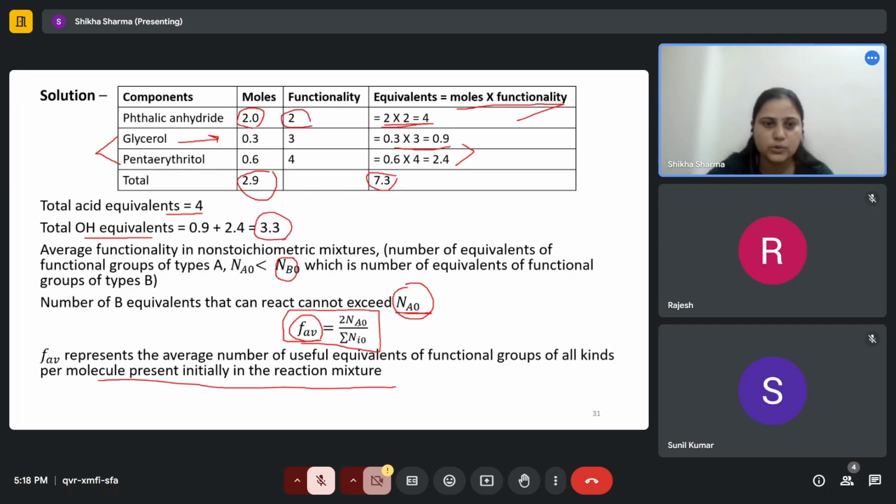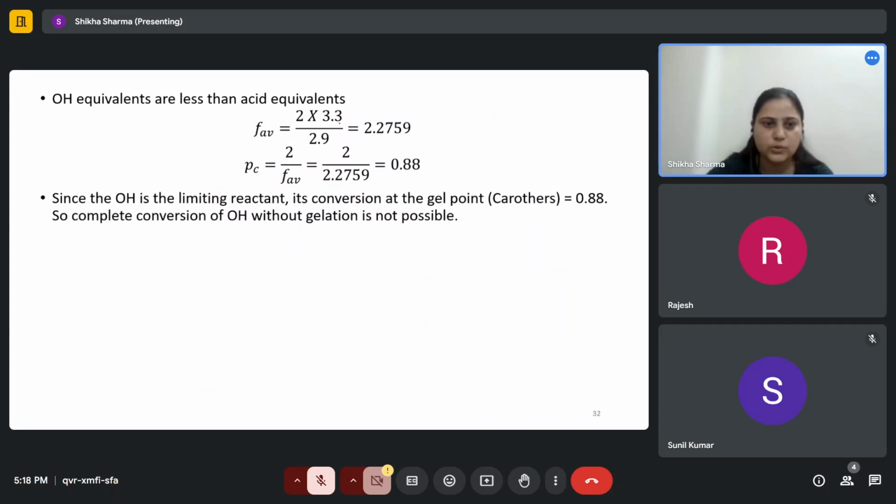Because it is in the limiting state, right? And N A naught is always less than N B naught, which is the number of acid equivalents in the higher amount. So we take 2 into N A naught, the limiting amount of OH equivalents 3.3, divided by